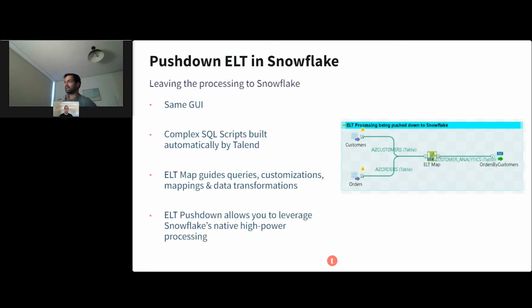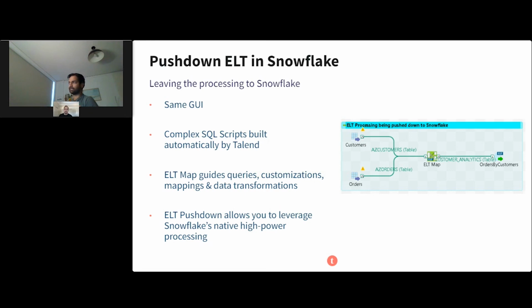Yeah. The second thing, so we had 3 things to discuss here. The second of 3 was focusing on ELT. Snowflake provides fairly powerful, scalable compute out of the box, and why shouldn't you use that to start driving your data transformations? You may not want to use your existing hardware. You may not have existing hardware to do this. And there's no reason to start spinning up additional VMs when you have the capability natively provided within Snowflake. So with that in mind, using the same GUI, using components within Studio, you can start to use components like this one here,